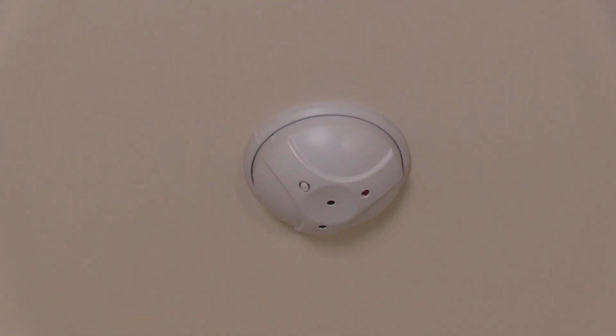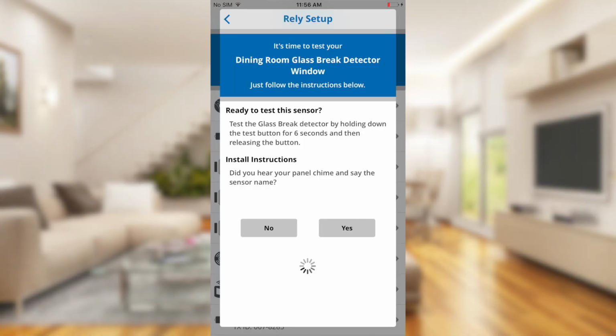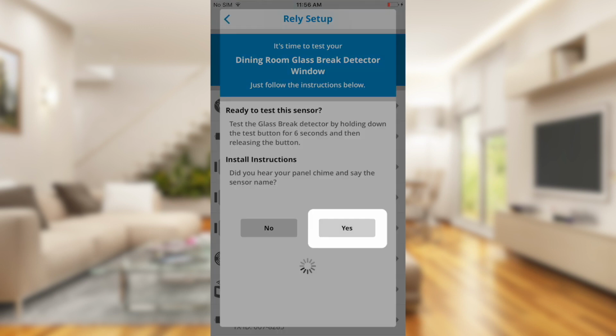Make sure the relay panel is in programming mode and then press the test button on the top of the unit for up to 6 seconds. The relay panel should speak the name that you have given the Glassbreak detector. When you hear the name of the detector, confirm the sensor on the relay